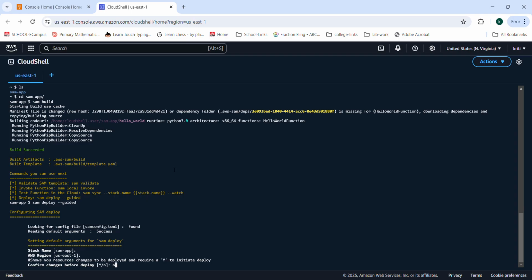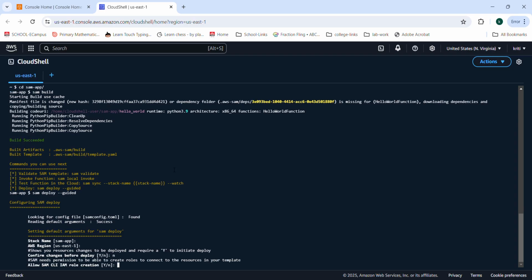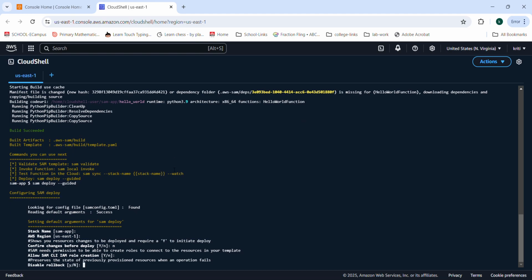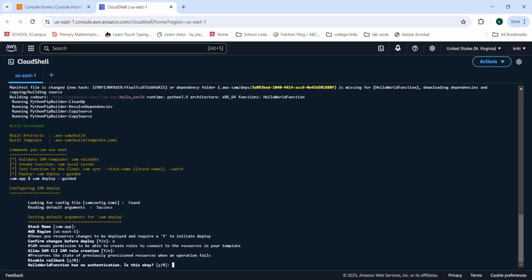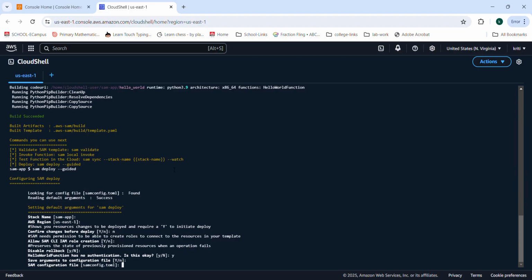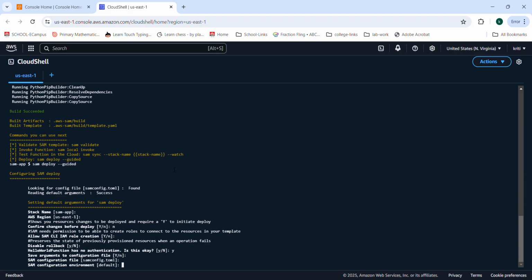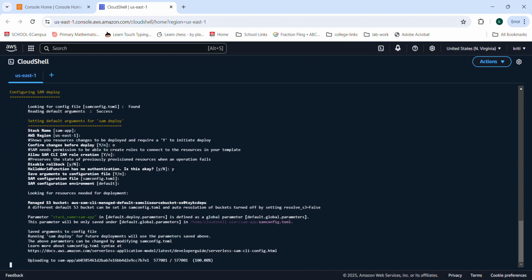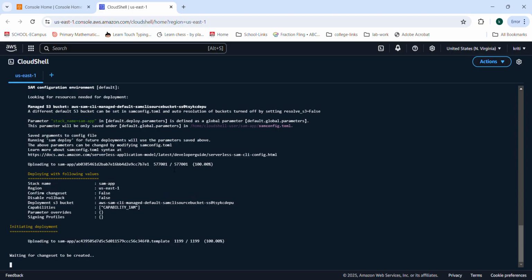Confirm changes no. Then allow SAM CLI IAM role creation, enter. Disable rollback, enter. Is it okay? Yes. Then save arguments, enter. SAM configuration file, enter. Configuration environment, enter. Now just wait for its creation.